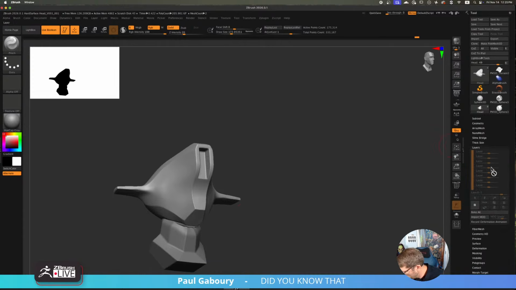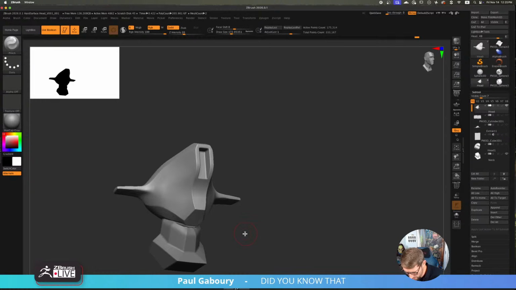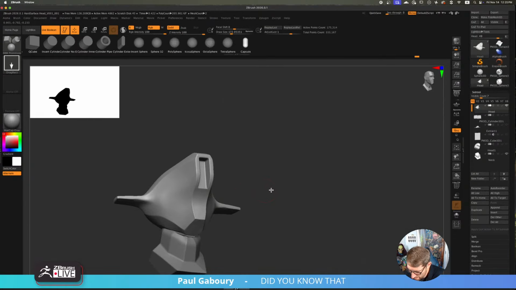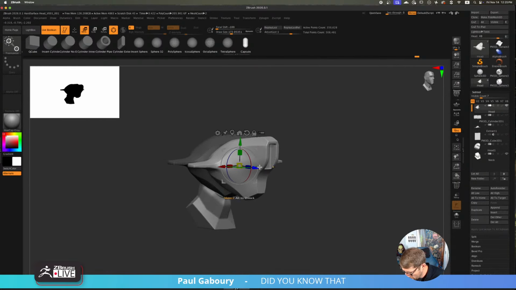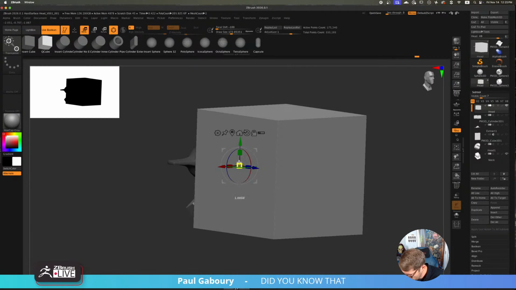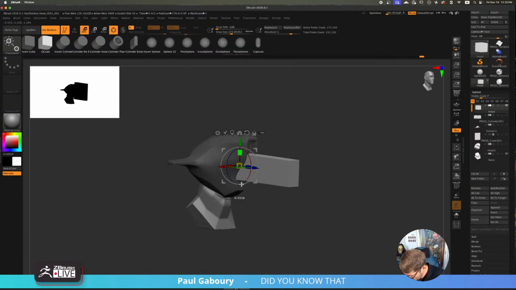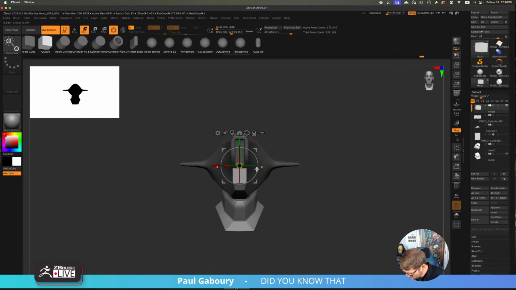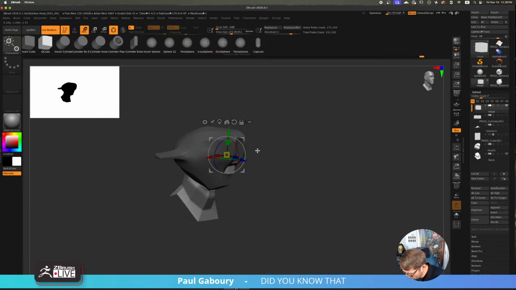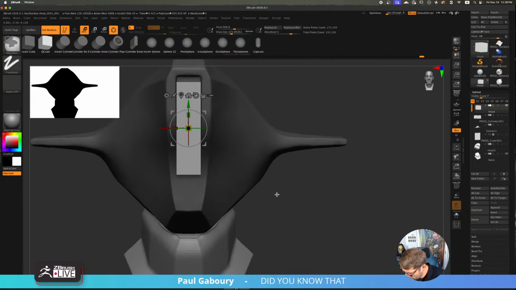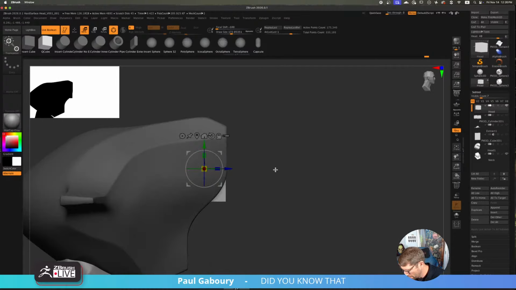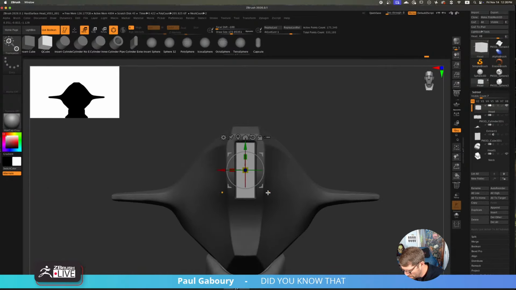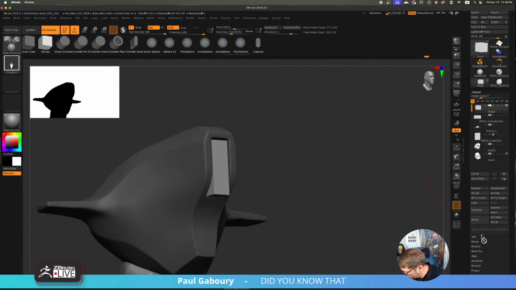Let's grab another piece of topology. Let's take this, and in fact, let's just duplicate the head. Let's grab a cube. Just create something a little different in here that I'll use to build off of later.